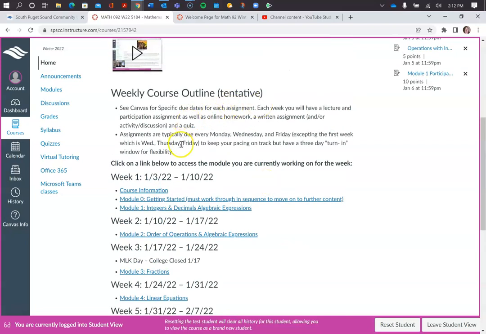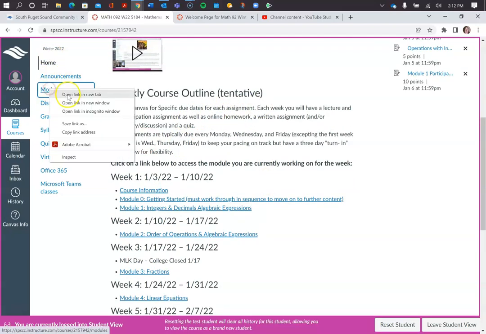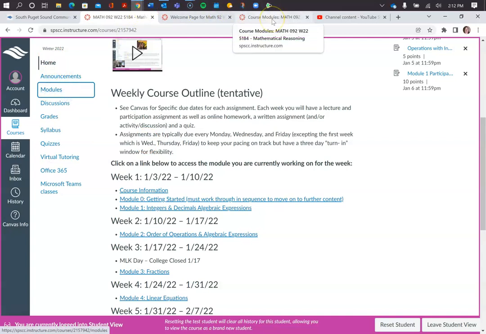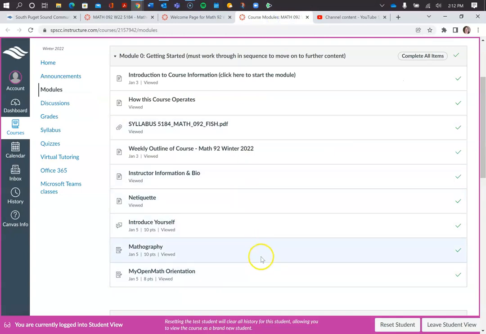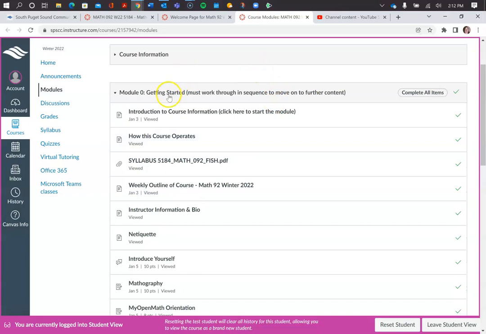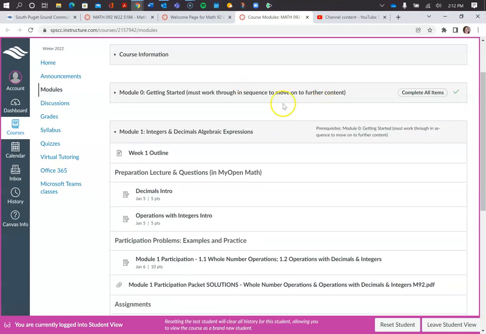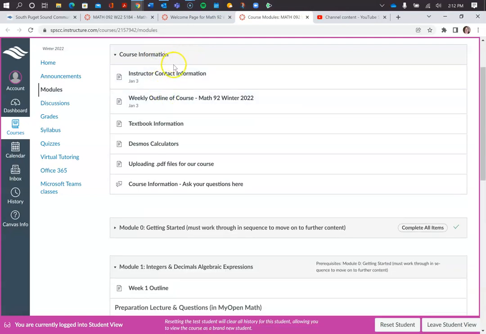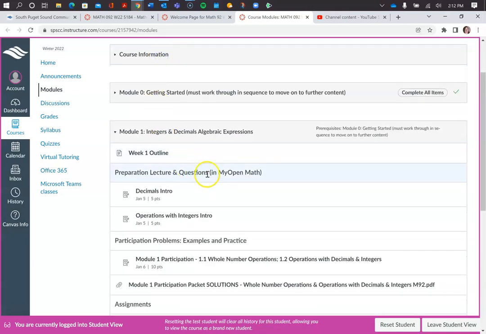So you'll want to check in modules. So I'm going to right click on modules here. If you ever get lost on anything, just click there, or you can click the title of the course. So here is the getting started sequence, or module to work in sequence, and most of you have done really well with that. So when you're done with it, close it up. Course information and materials are here, like the textbook and things like that. My contact info if you ever need that.